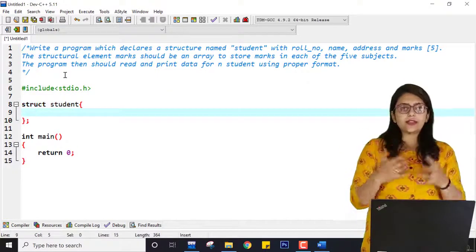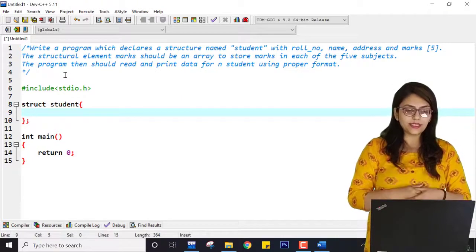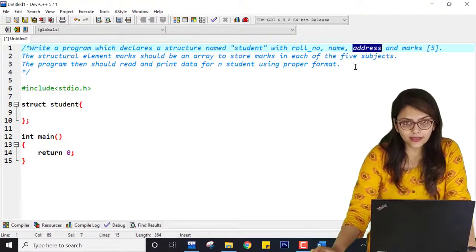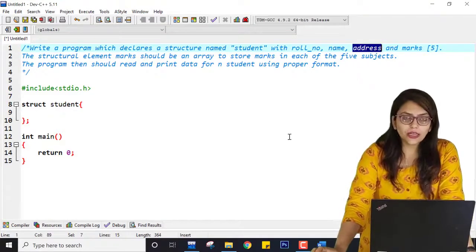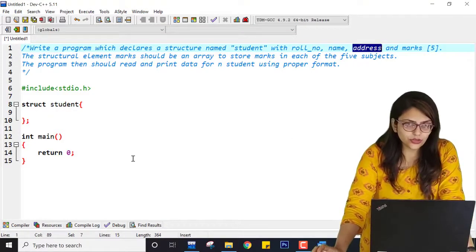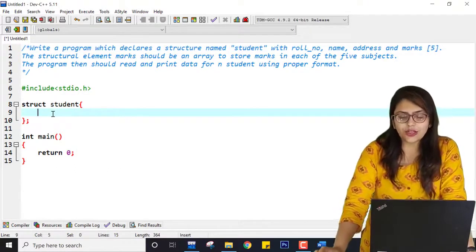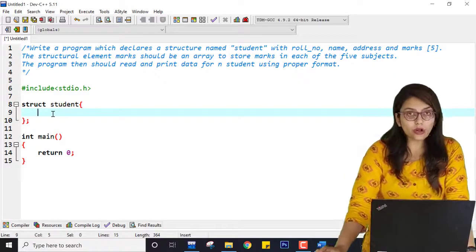If you want to understand the concept of nested structure, you can take this address as a nested structure, so that you can check whether you understand the concept. But currently I am not taking address as a nested structure, I am taking it as it is. You can also implement this.